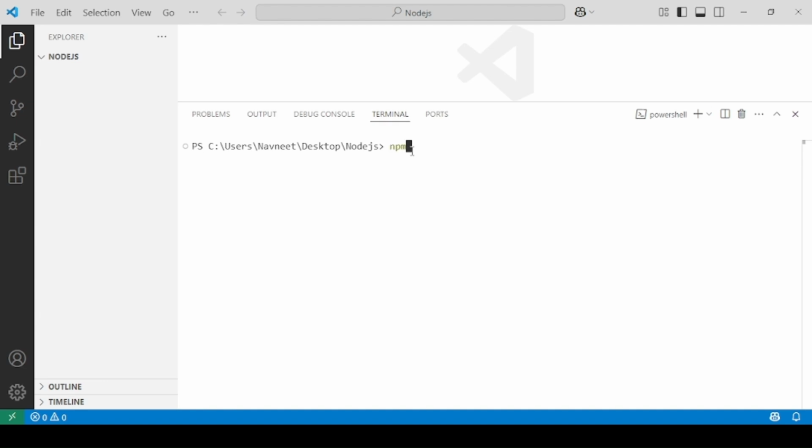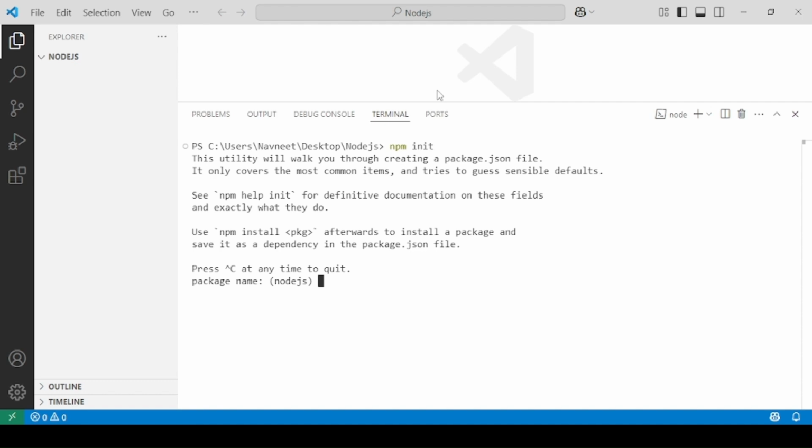So you need to type the command npm init. This npm init command is going to initialize your project. When you hit enter, be ready, it will start asking you about certain details. So you don't have to worry. You can just simply keep it empty for your convenience, or if you want to mention something, you can. Since it's the beginning, you can simply keep pressing enter, just not to mention anything.